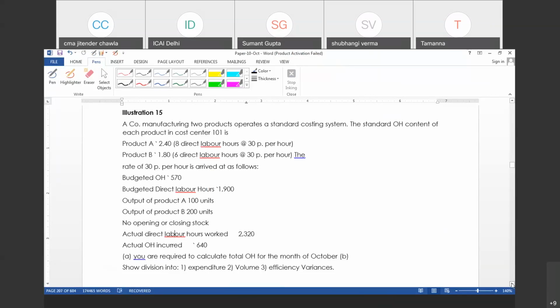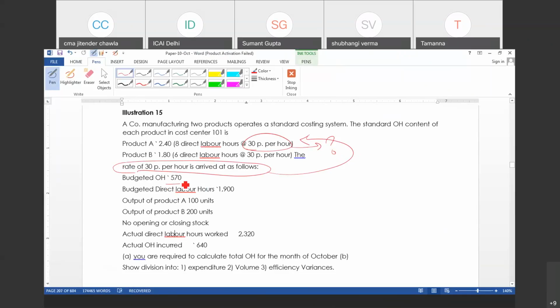The standard overhead content of each product in cost center 101, एक कॉस्ट सेंटर है 101, उसका एनालिसिस आपको दिया हुआ है। वो कह रहा है प्रोडक्ट ए ₹2.40 विद इन ब्रैकेट 8 डायरेक्ट लेबर आवर एट द रेट 30 पैसे पर आवर, एंड बी के ऊपर में बोल रहा है ₹1.80, 6 डायरेक्ट लेबर आवर एंड 30 पैसे पर आवर। अब वो कह रहा है ये जो 30 आया ये कैसे आया, हाउ इट अराइज, ये नीचे मैं इसकी डिटेल दे रहा हूं इस 30 पैसे की।